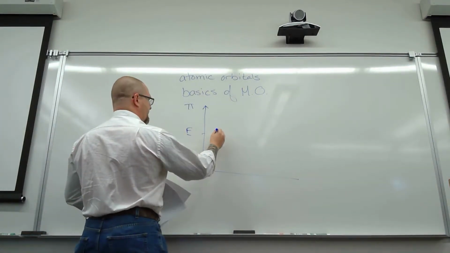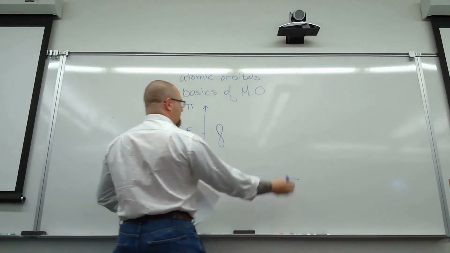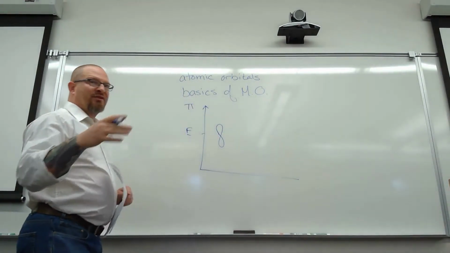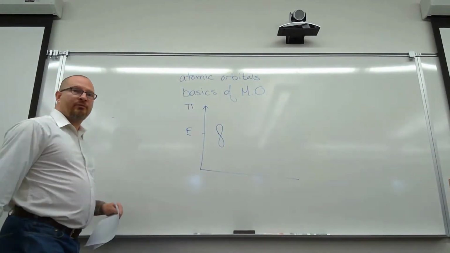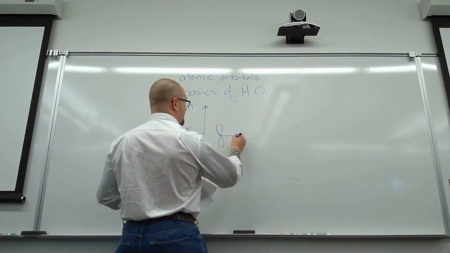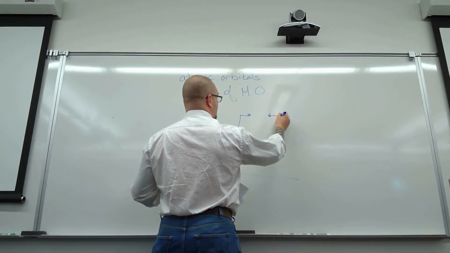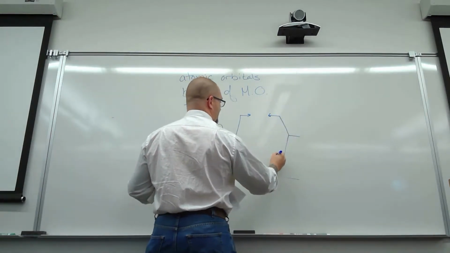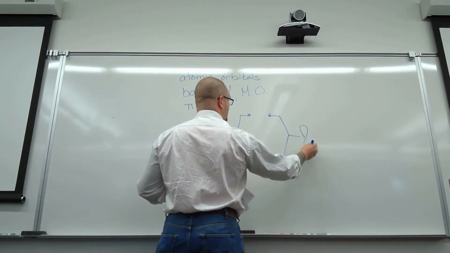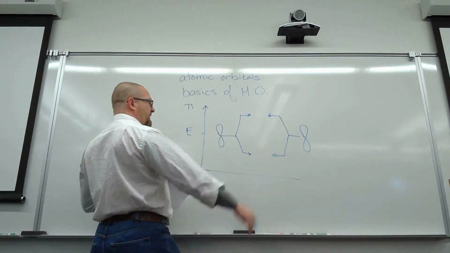Let's see how we're going to do this. We've got pi electrons. We're going to orient them in the same way so they have the ability to share. And when we get them close enough to form,